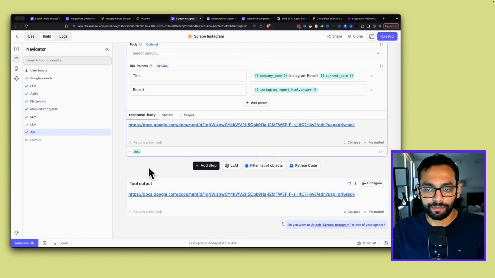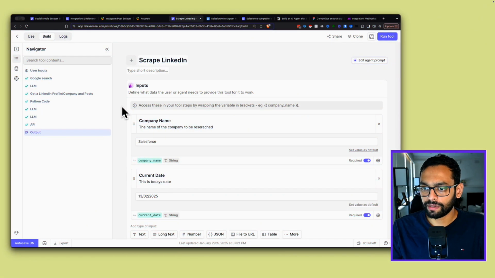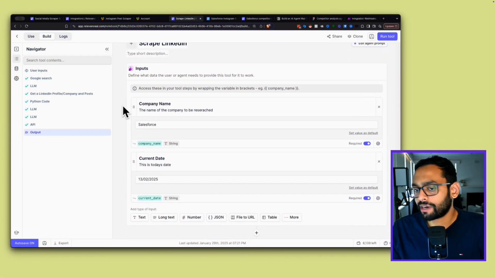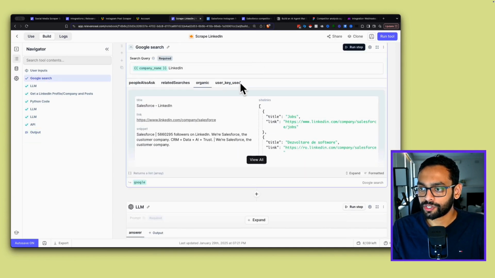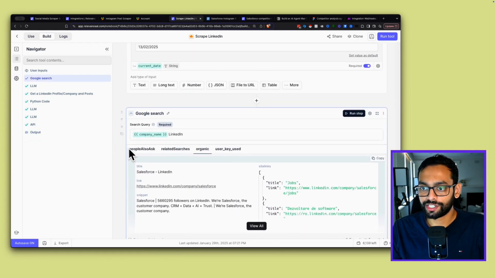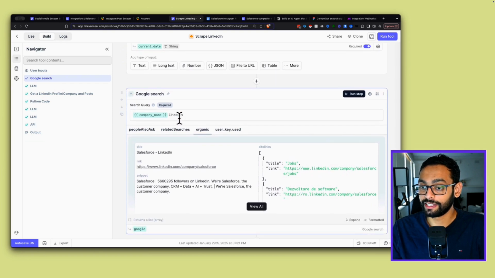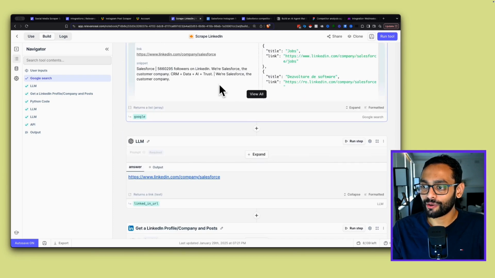Now let's have a look at a couple of the other tools that are attached to the social media scraper. Let's have a look at the scrape LinkedIn tool. Similar to the Instagram tool, we've got two inputs, which is the company name and the date. This one also starts off similar in terms of a Google search. However, in this case, we're trying to find the LinkedIn link for the company itself,